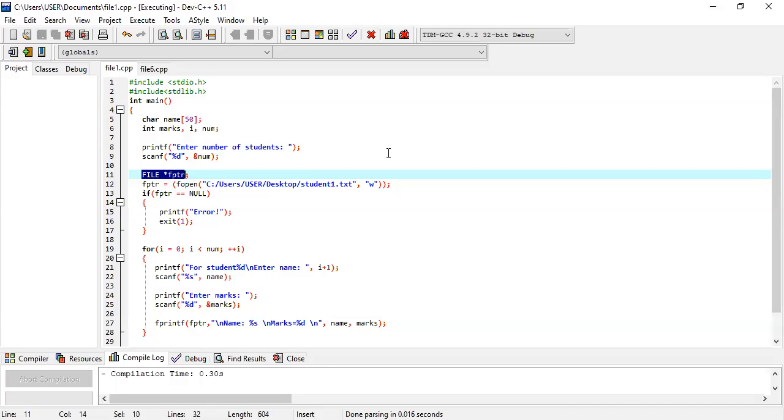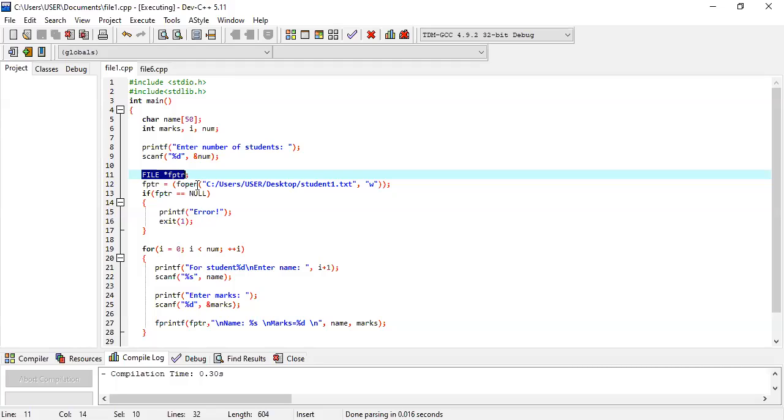In between this file, you may write hundreds of statements, thousands of characters. It is not possible to mention every character one by one. For that reason, we use a file pointer here. What is the meaning of a file pointer? A file pointer points to every character one by one, whatever you have written in your text file.